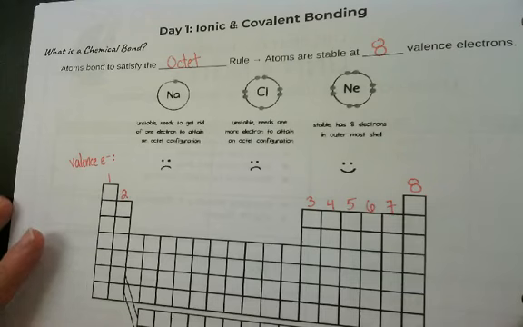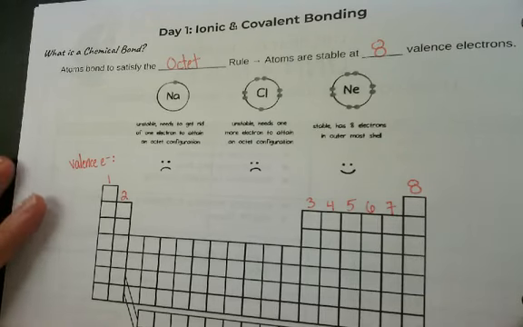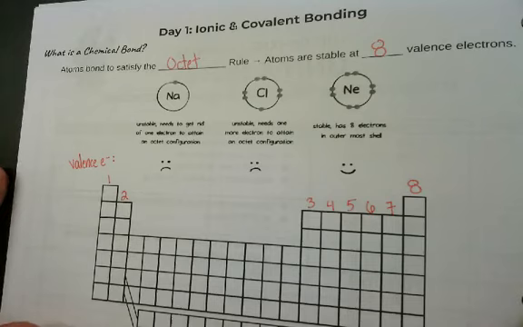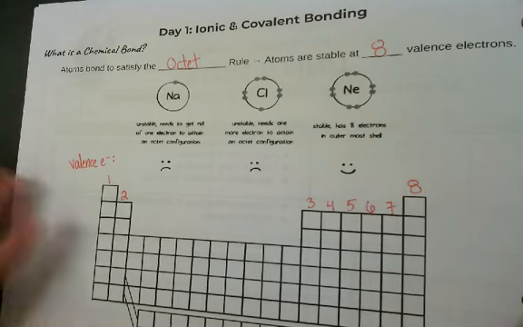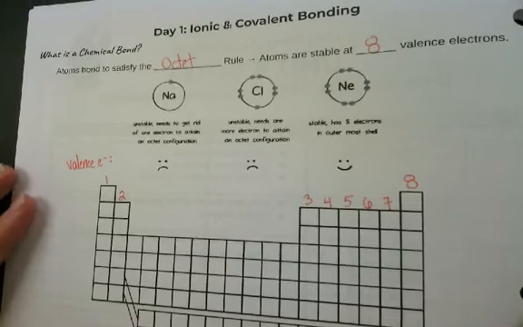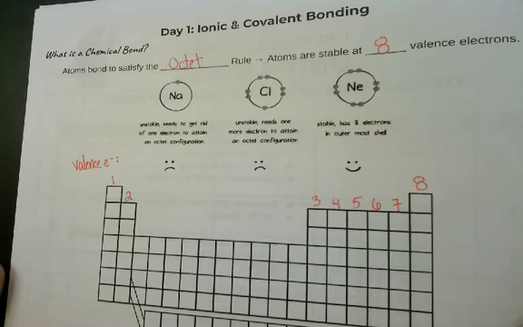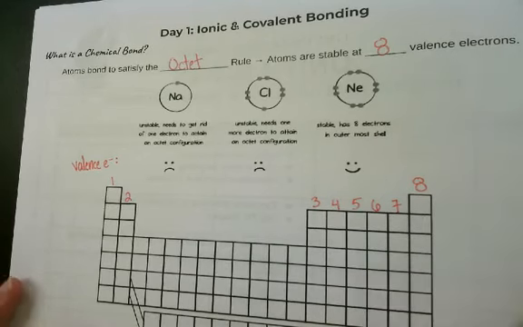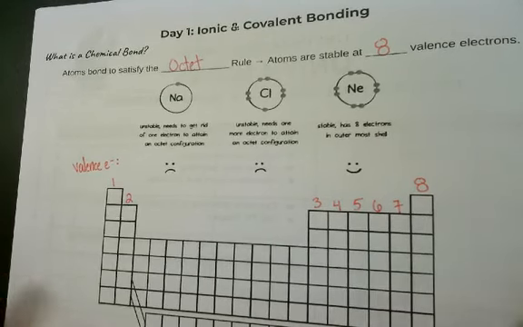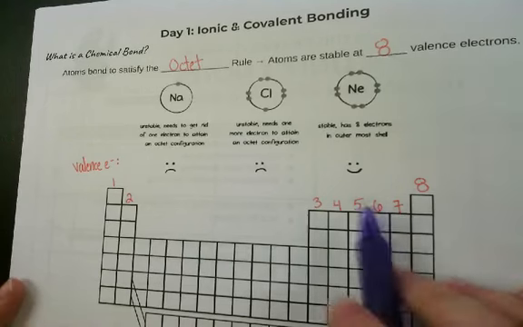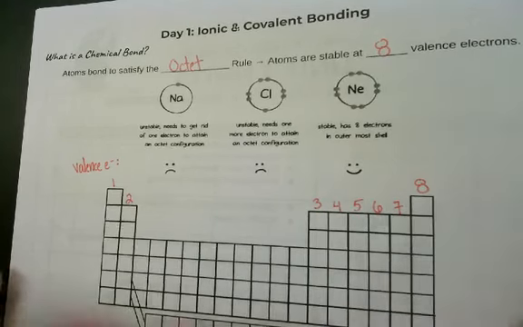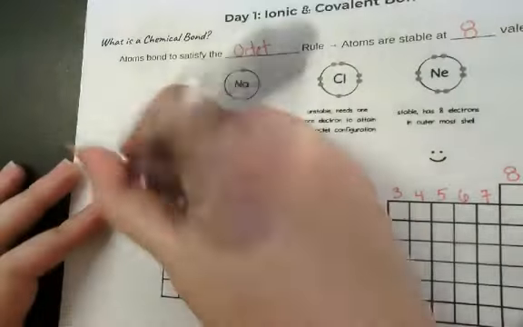So what's going to happen is if our atoms have less than 4 valence electrons, they're going to want to lose to get down to 0. Because it's going to be easier to lose 1, 2, 3 than it is going to be to have to gain 7, 6, 5 to get up to 8. However, if they're above 4, so 5, 6, 7, it's going to be easier for them to gain electrons to get to 8 than it is to lose to get down to 0. Okay? So, our charge,